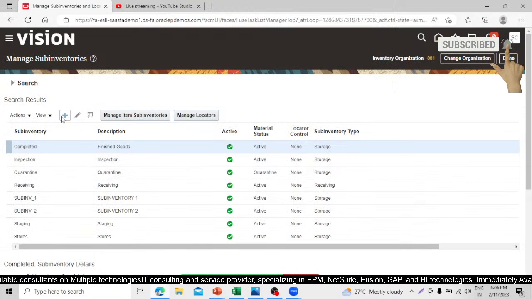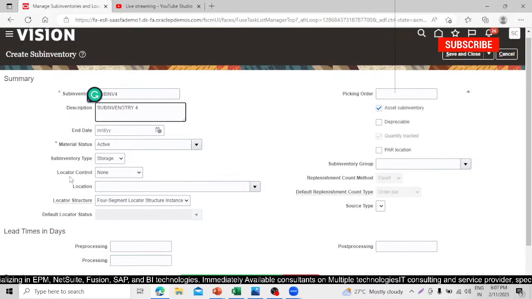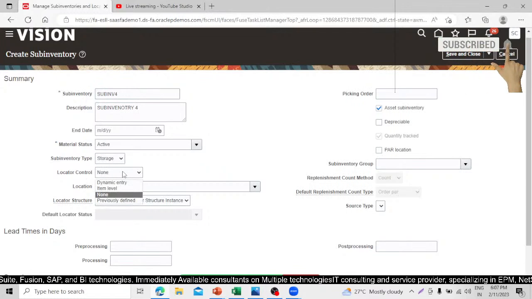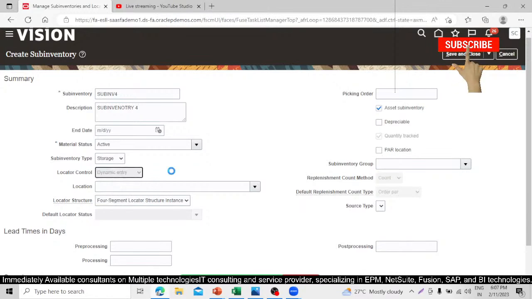Right, click on this create icon. This is our inventory organization. Let's create sub inventory, that is SUBINV. Let's take 4, sub inventory 4, right? And this is locator control. You have to select the locator control at the item level, dynamic entry, right? Previously defined. So let's go with the dynamic entry,